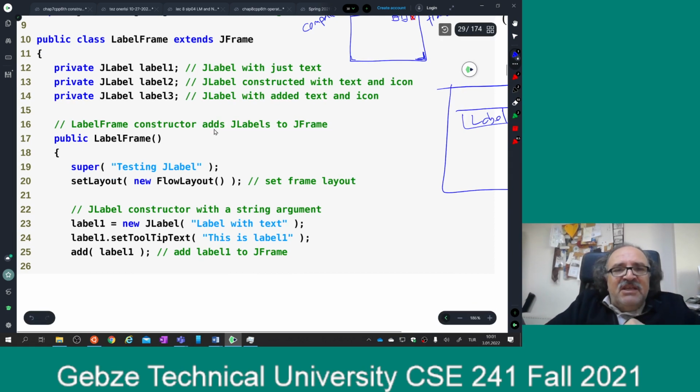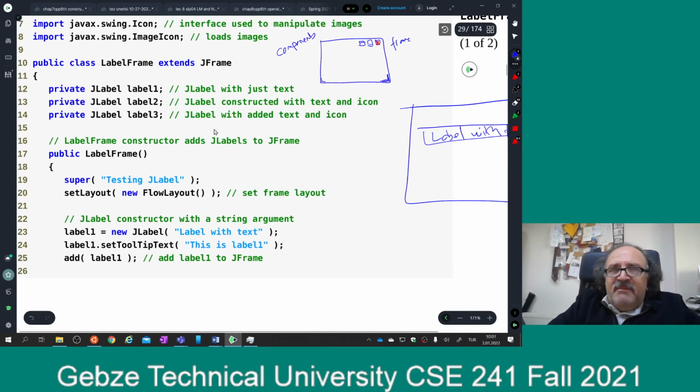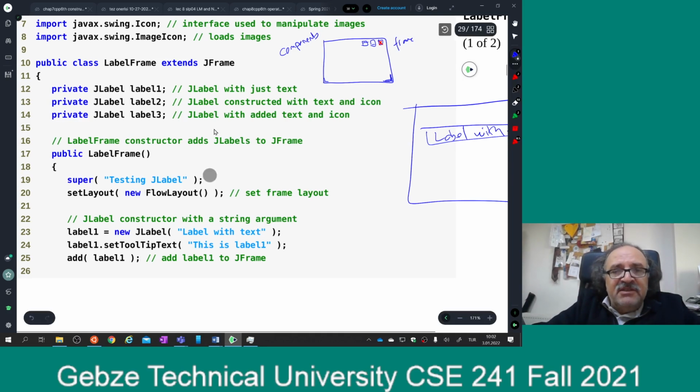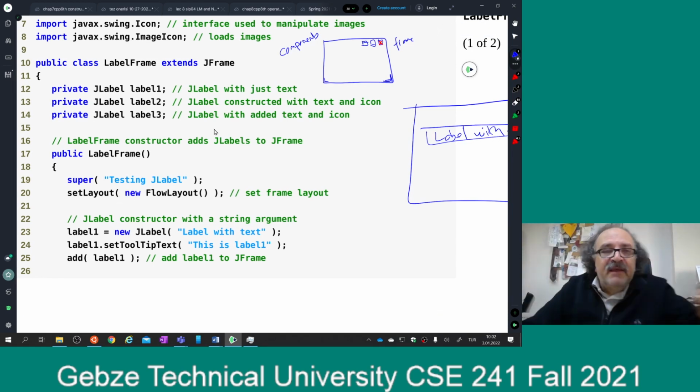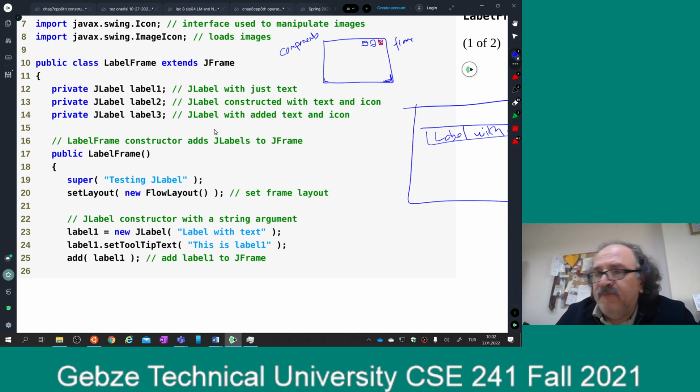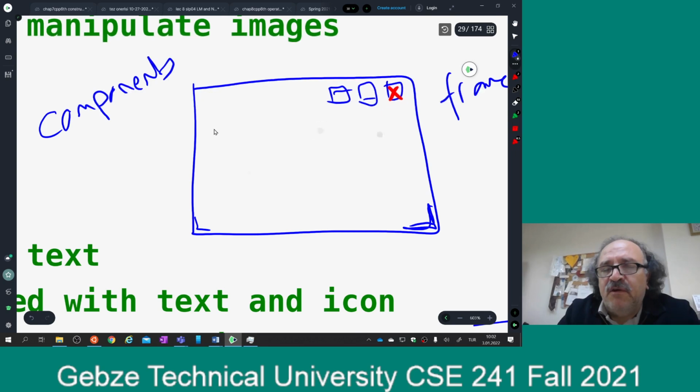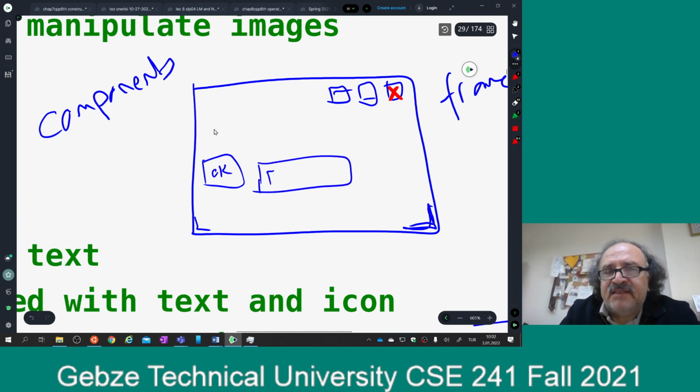Okay, so let's look at this JLabel frame. First, I call the constructor of the JFrame because JFrame has to do lots of stuff like the open button, close button, minimize button, resize, etc. It is all done here. Then I say that I have this flow layout. Set layout is this. When you start adding components to this window, for example, an OK button, a text field where I can enter text like this, an icon here, a picture like that,